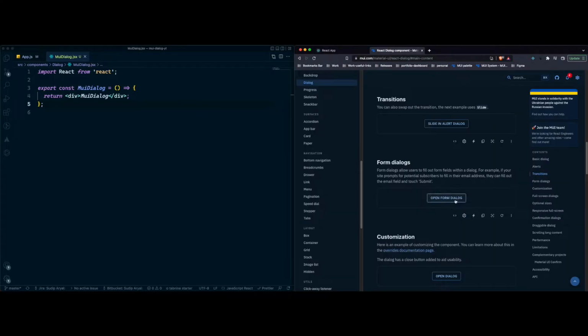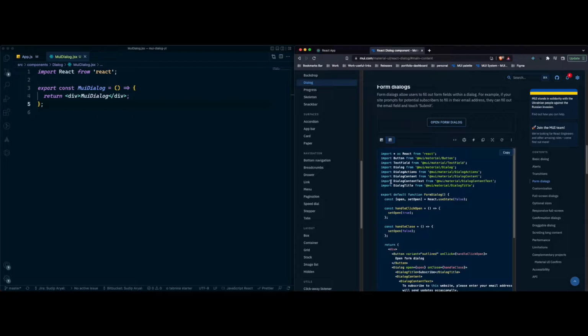So if we go to this Material-UI docs, right, and let's look at one of the components that they are using. If I look at the source, there are a few things that you need while using Material-UI dialog. So basically, one is the dialog component itself. And one is going to be dialog title, where you will put your title for the dialog component. And you can use dialog content. I don't normally use dialog content text because I just wrap my children around dialog content and manage the styling